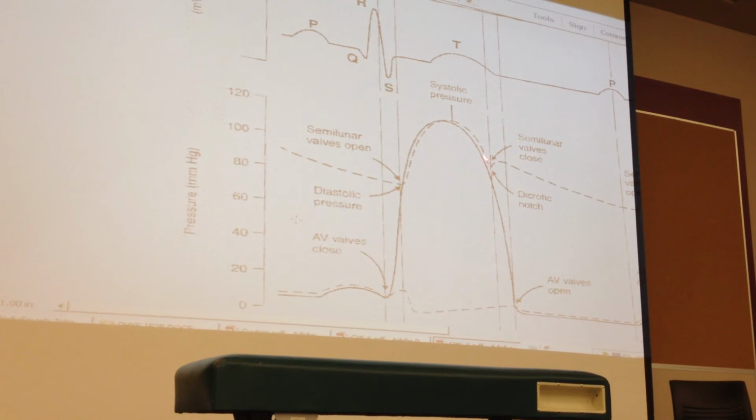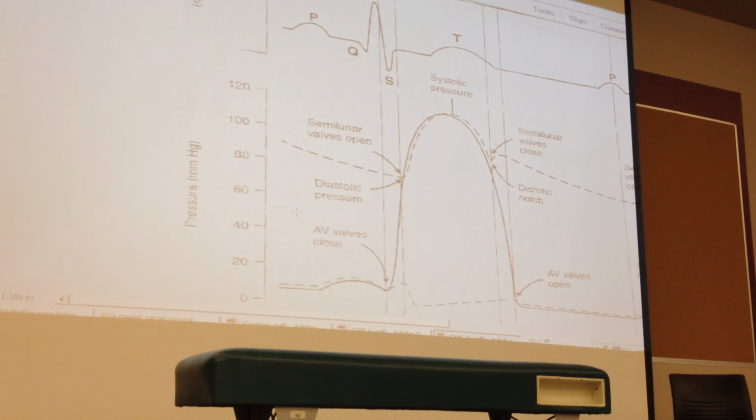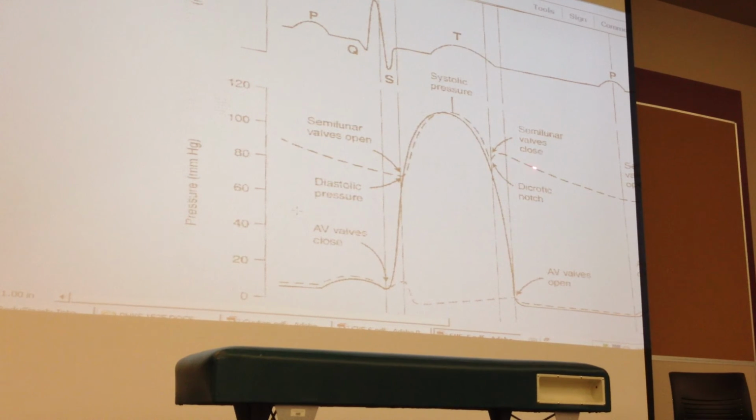And that's when the blood wants to come back from the aorta into the ventricle, to bounce back. What do you call that notch? Dicrotic notch. Once the dicrotic notch has been formed, the intraventricular pressure keeps dropping, and the blood pressure, after bouncing back, will come back down. When the ventricles are relaxing and filling, the pressure of the blood in the aorta is going to come back down to the diastolic pressure.